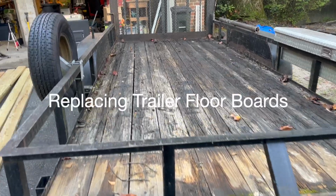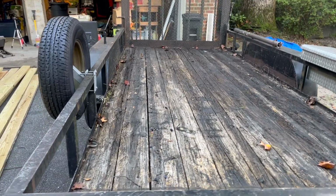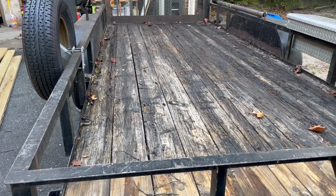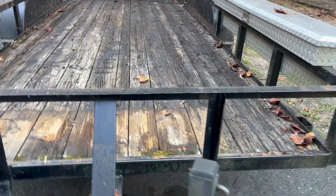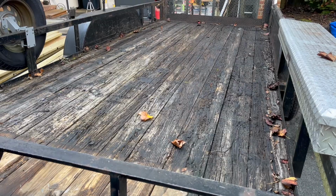Today we're going to start a project of replacing all the lumber in the trailer. The last time I did this trailer, it was about 15 years ago. Bought brand new with untreated lumber. It lasted for a few years, and then I had to replace it back then, so I'm gonna have to